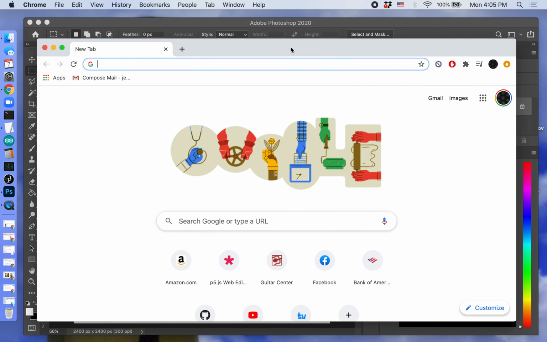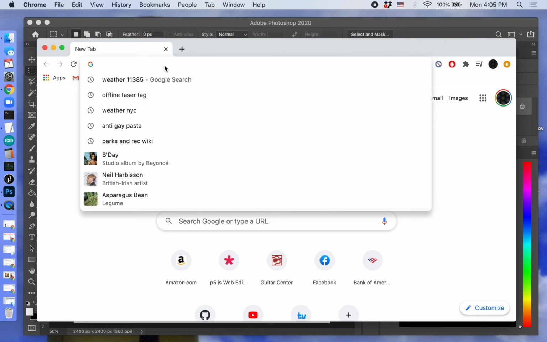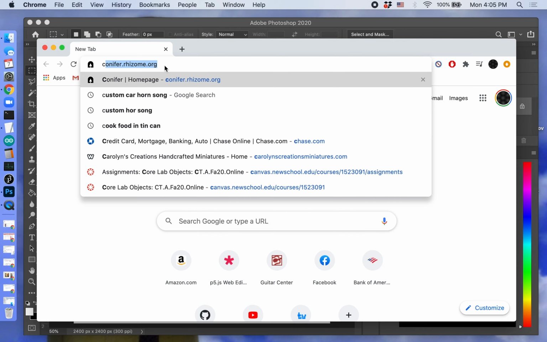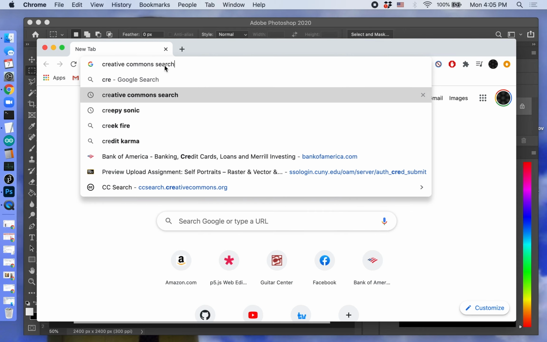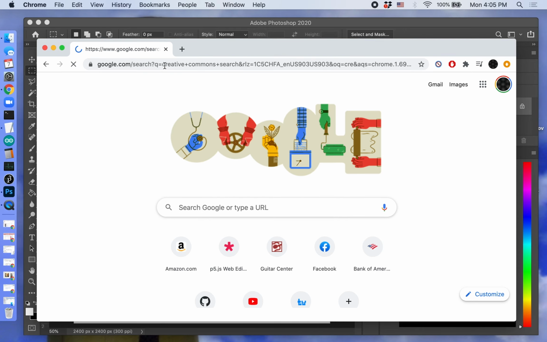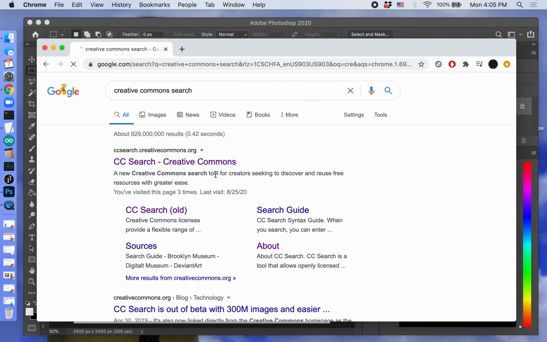So, because this is a self-portrait project, any images you may have of yourself could be helpful to use here. Additionally, like we discussed, this project can be as abstract as you would like. So you can also build up using collage-like strategies from assets that you can find online. So we're going to go to our Creative Commons search so we can find some images that we are allowed to use. So once that's loaded up, I can go in here,